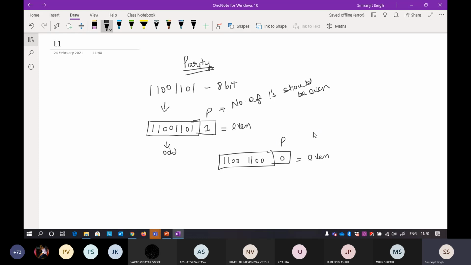Okay, so now what can happen is that you will send this particular packet of 9 bits, because it's a 9-bit long packet, as one packet or one frame. That packet will be sent across the medium towards the receiver. Now the receiver will only check the parity bit. If the parity bit is 1, it means the data has an odd number of ones. If the parity bit is 0, it means there are an even number of ones in the data.